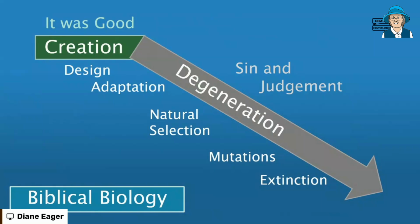So we see design. Then we have a whole lot of processes which are ascribed to evolution, but in fact, they are degenerative processes because sadly the world didn't stay good. It was affected by sin and by God's judgment, and we'll talk a little bit more about that in the rest of the program here. And we see a number of biological processes which are real. Now, adaptation is actually a design feature, but it has helped creatures adjust partly to the world as it's gone downhill. Natural selection and mutations supposedly drove evolution for millions of years, but they are real processes and we do observe them today,